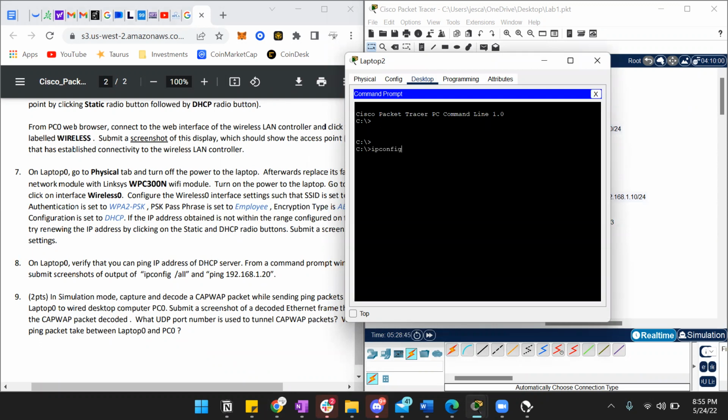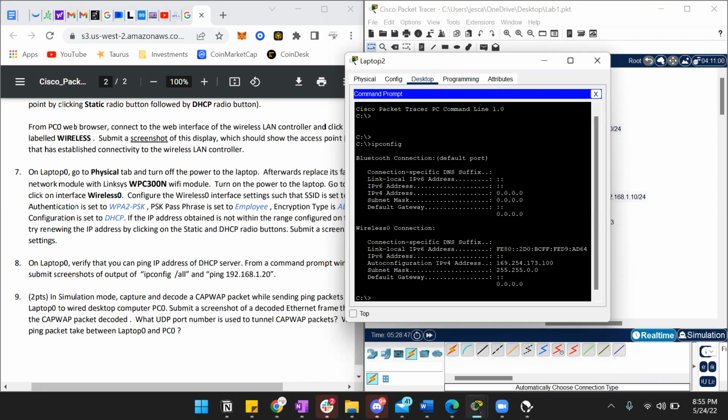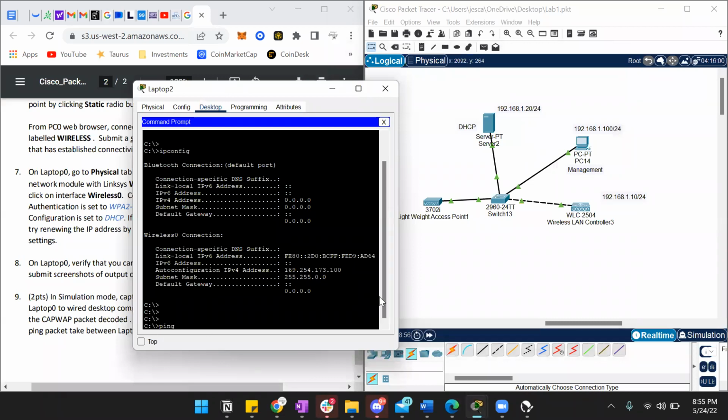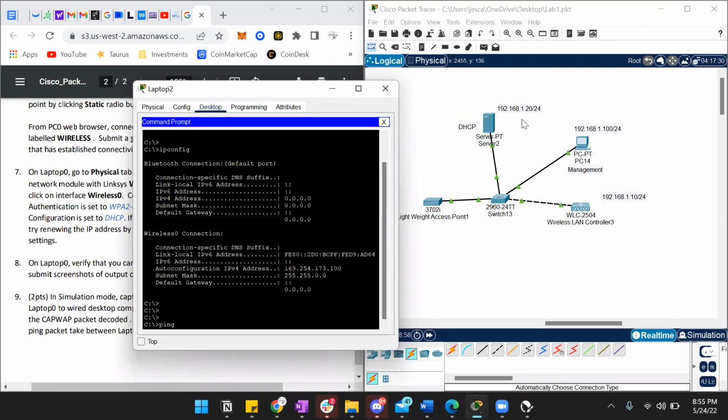IP config. Okay, so I got an address here, right? Let's see if I can ping what they want, ping the DHCP. That's why I like to write the address outside, because it's easier to read instead of going back and forth. So ping